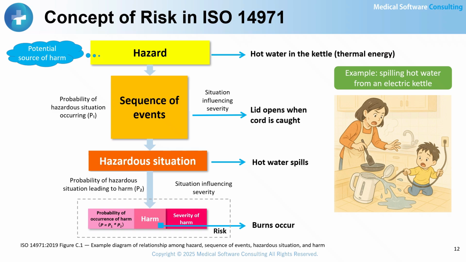In this model, the probability that the sequence of events occurs and leads to a hazardous situation is called P1. The probability that the hazardous situation actually results in harm is P2. The overall probability of harm is determined by considering both P1 and P2, together with the severity of the potential harm. ISO 14971 defines risk as the combination of the probability of occurrence of harm and the severity of that harm. In the case of software, it is often difficult to clearly identify the hazard,